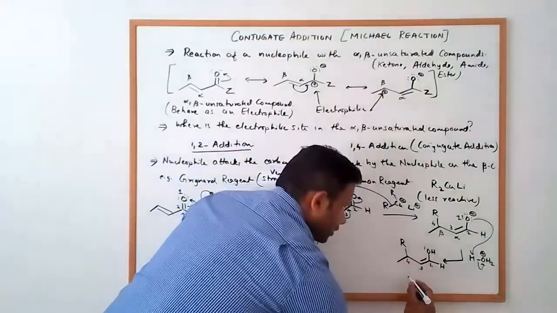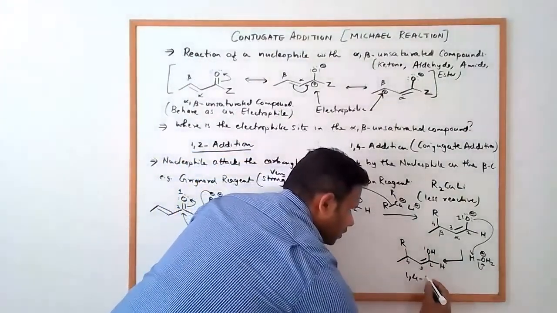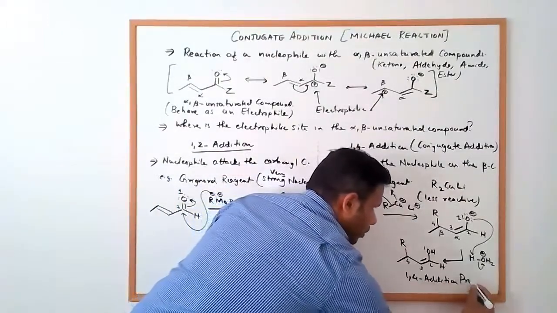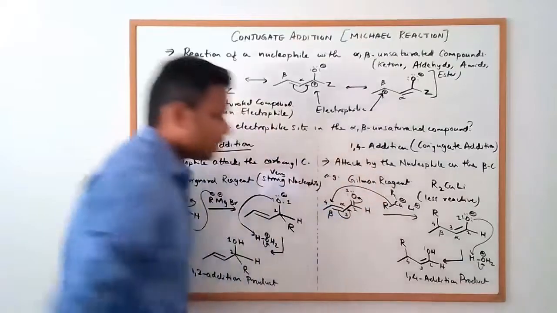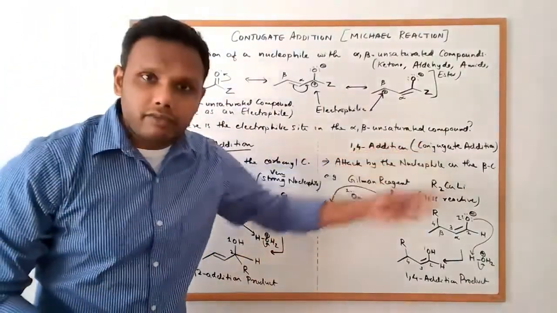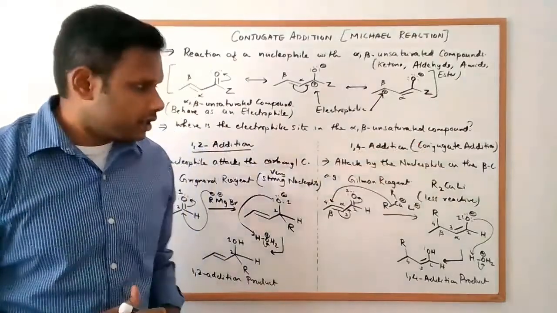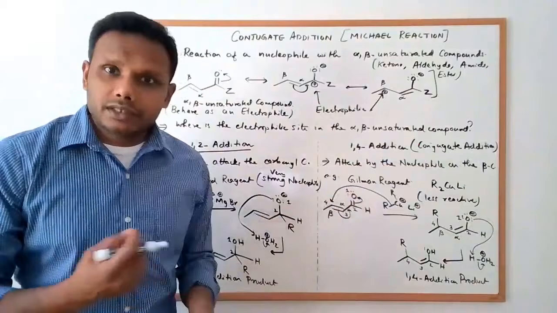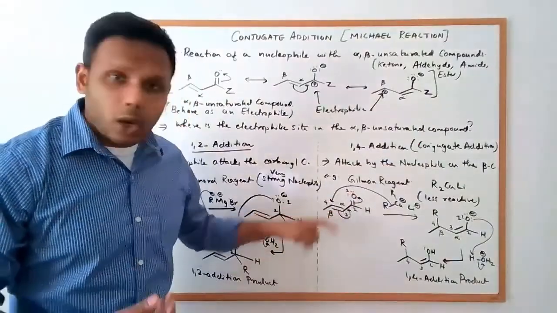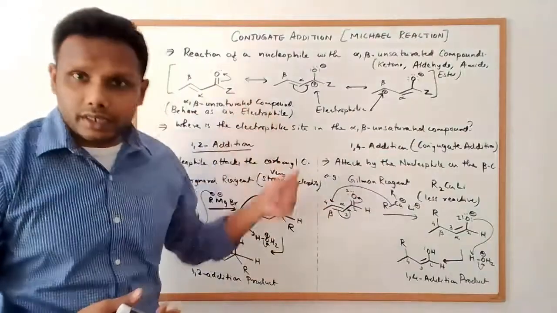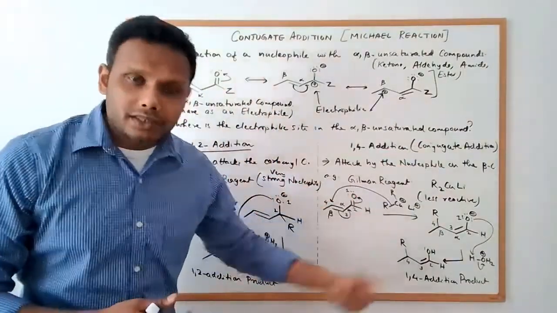So this product, therefore, is called the 1,4 addition product. And that's why we say this is a 1,4 addition, and the other name for it is a conjugate addition, because this is a reaction of a conjugated system. If it were not an alpha beta unsaturated compound, which is actually a conjugated compound, you would not see this